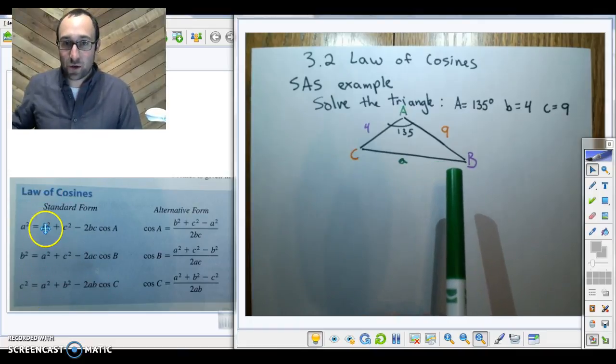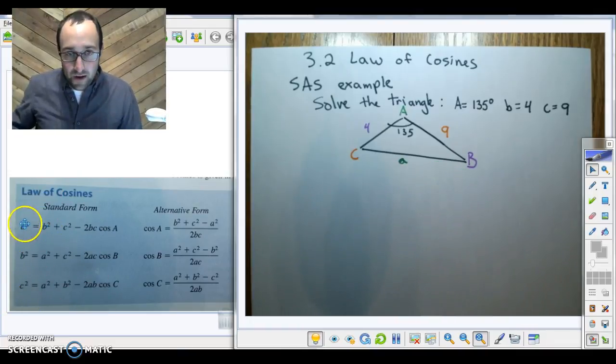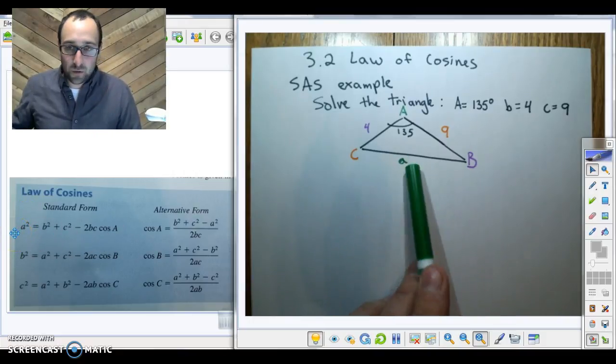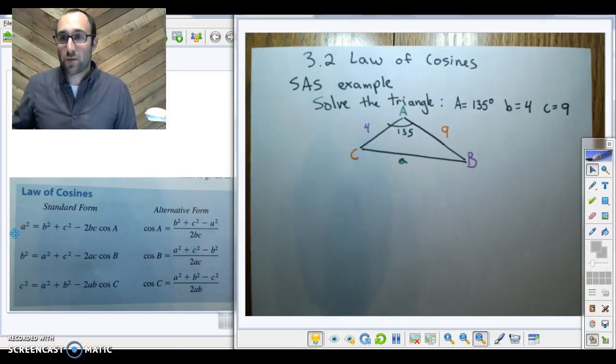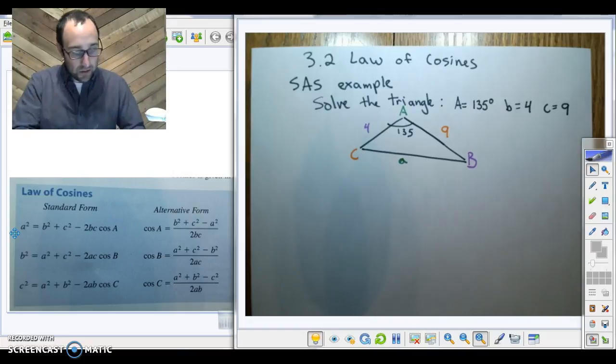This is in your book, 271. And I'm going to try and find lowercase a right here. So I'm going to use this top one only because it's A. Now if the letters were switched around, again, these letters don't really matter, but since I have it all set up, let's use that one. So I'm going to say that A